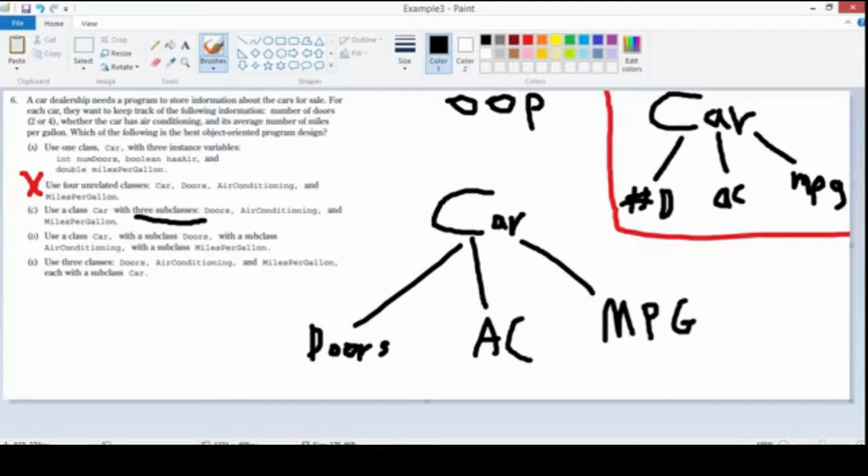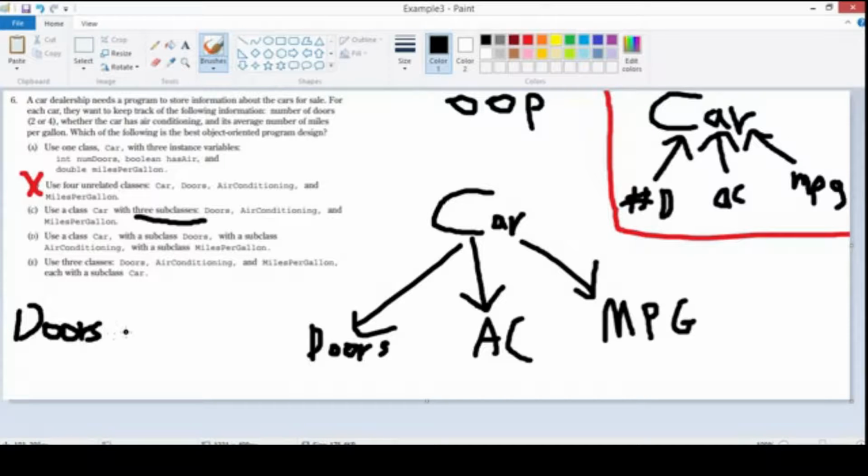Car can't access doors. That's not a thing. When we have this one where it is extended by these things, meaning each of these inherits from it, that means we are looking to create an object of doors,